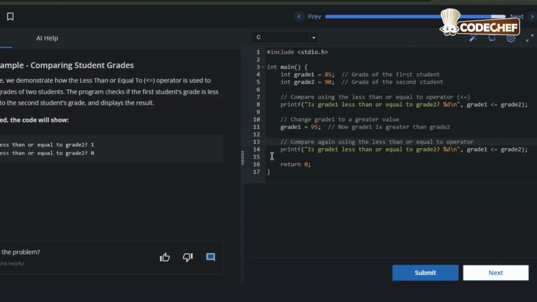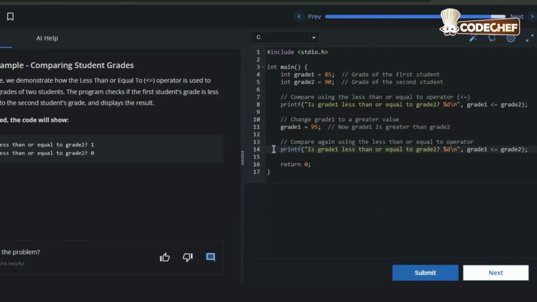Now grade 1 is 95 and grade 2 is 90. So what happens here is we are comparing, and we can see that 95 is not less than 90 and it is not equal to 90 either. Since neither of the conditions is met, it returns 0, or false.